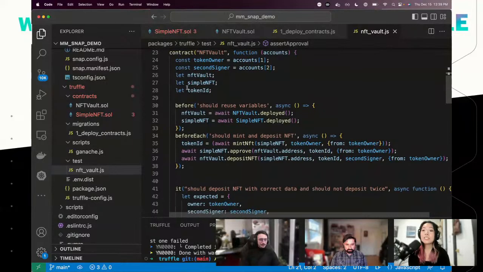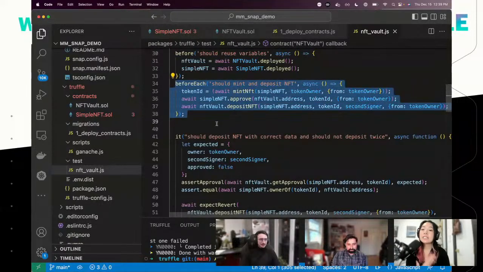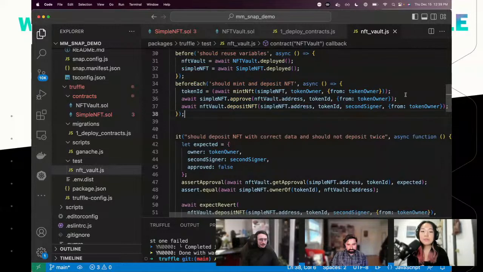So note that this test is written in JavaScript. You have the option to write it in TypeScript as well as Solidity. I chose JavaScript tests because that's the easiest for me. One thing to note here, basically, is before every test, we are going to be minting and depositing an NFT to work with. What I called out before, if you notice specifically here, is we need to send an approve